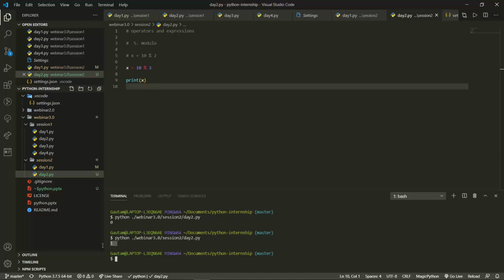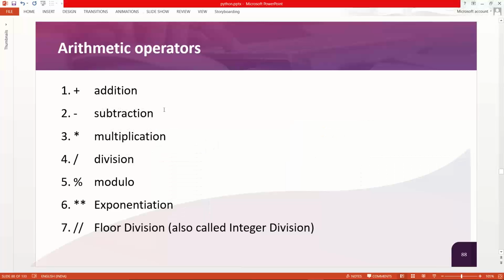So I'm getting 1 as the remainder. So this is how we are getting it. Now, where to use this modulus operator? To calculate even and odd. When a number is completely divisible by 2, that means the remainder is 0, so that number is considered an even number. When a number divided by 2 has a remainder not equal to 0, then you can say that the number is odd. Okay. So now moving forward with the exponentiation, I have already explained to you